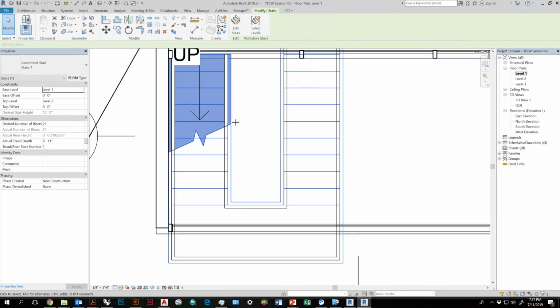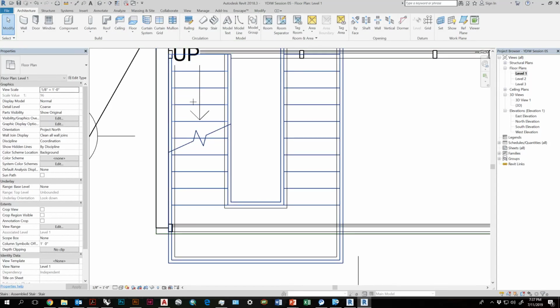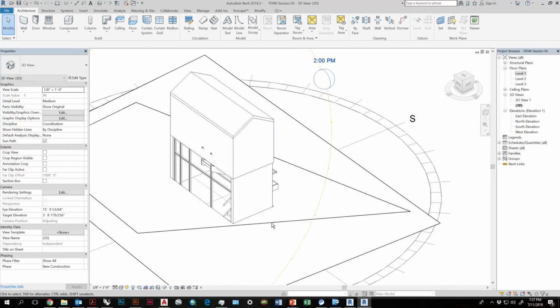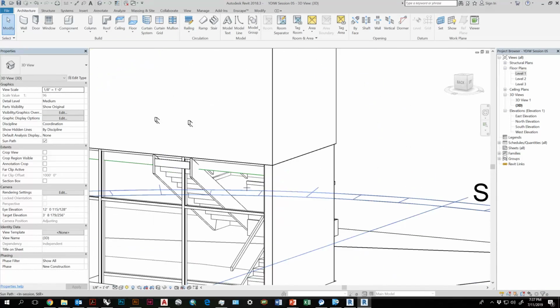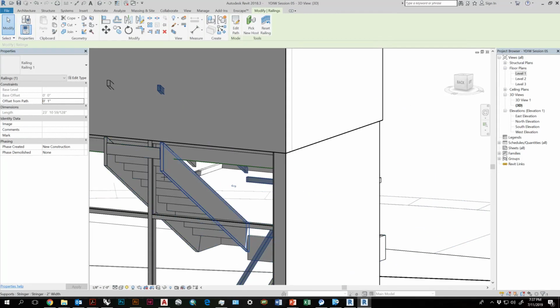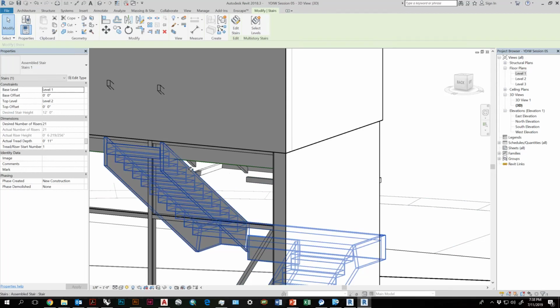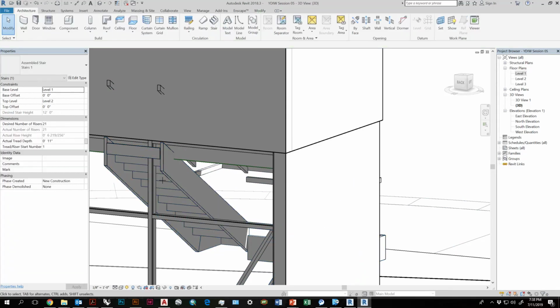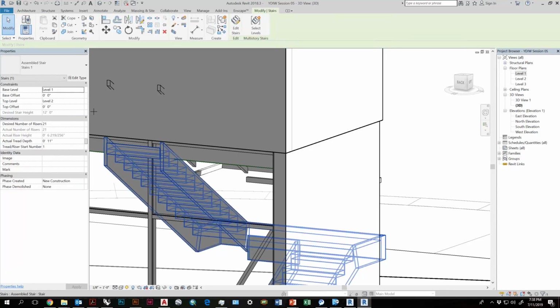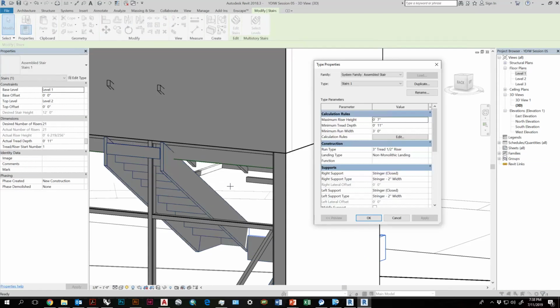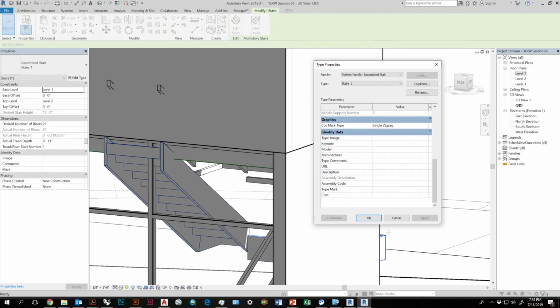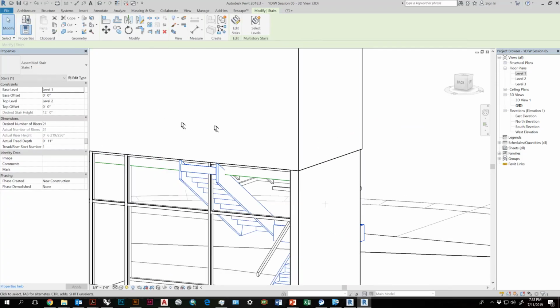But there are a few ways you can create stairs. You can either create it by doing a run, or you can create a boundary and create your very specific boundary. But all of the math and hard labor that comes with creating stairs is automatically done by Revit, because it's using data to do it. You can change the railing properties, the tread type, the riser type, the side panel type. Every single element of the stair is modifiable.